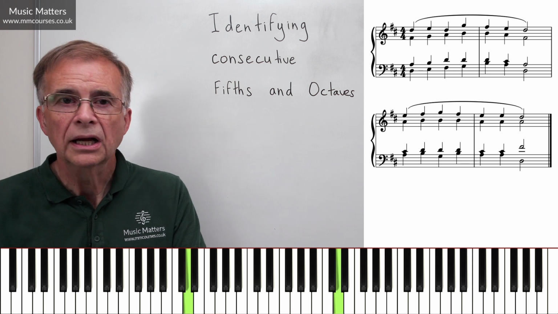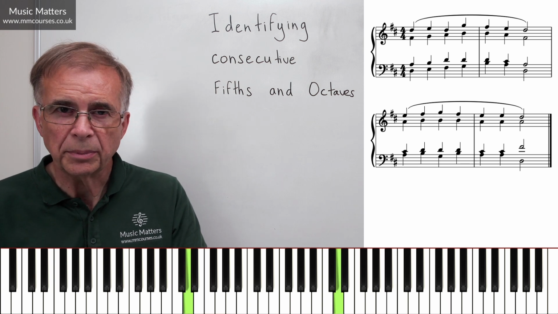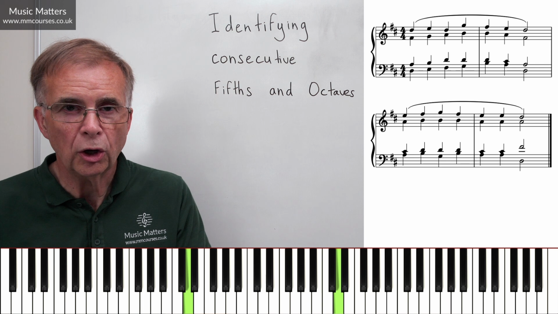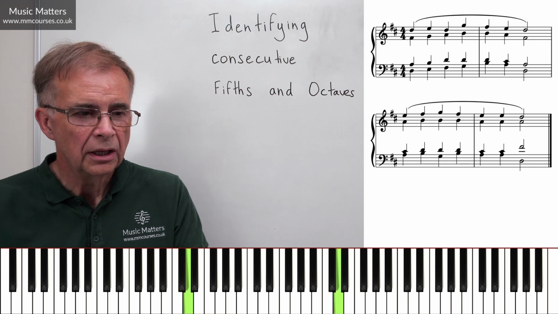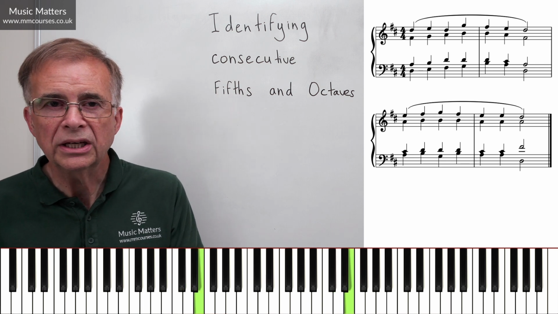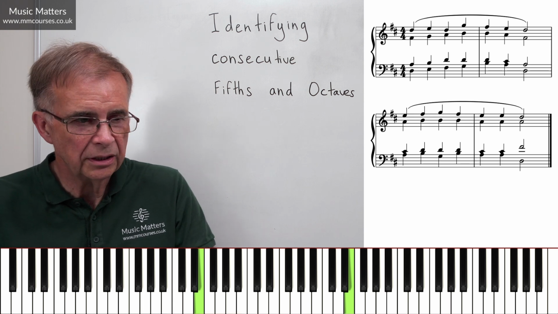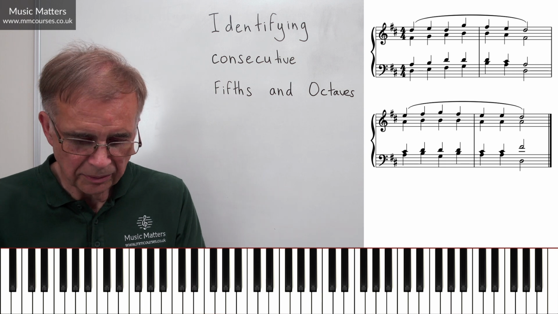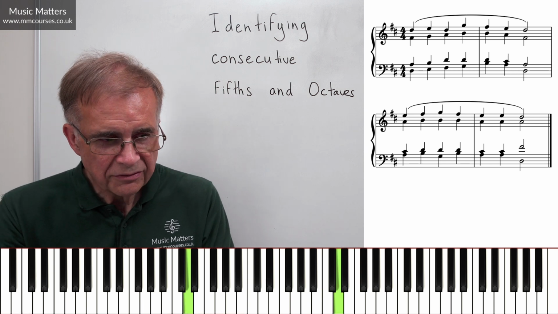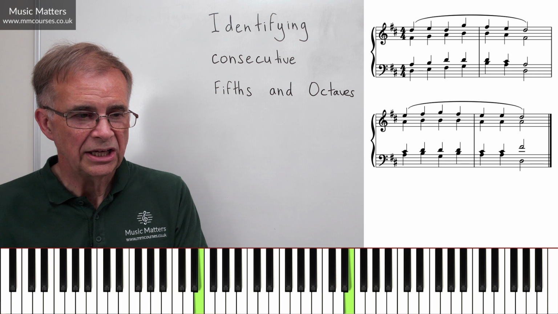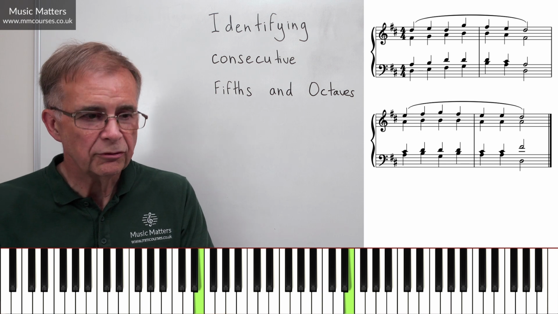Okay, soprano and bass. Two Ds. So, they're two octaves apart, but it's still something to do with octaves, isn't it? A perfect octave. Oh dear. Moving on to another perfect octave. So it doesn't matter if they're two octaves apart, three octaves apart, or one octave apart, it's still some kind of octave. So octave D, octave E. We're going to have to change that, aren't we? Because they're consecutive or parallel.